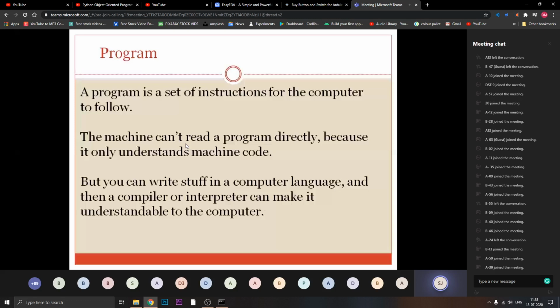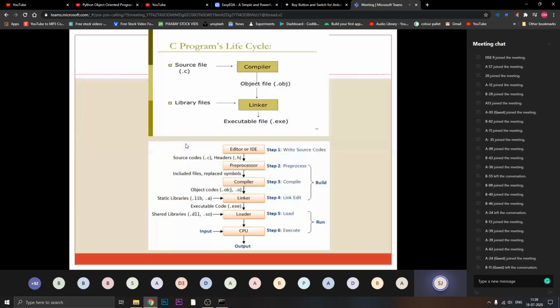So the task of your system is to change your language, that is English or whatever high level language you are using, into the language that will be understood by your system. So the two components, compiler and interpreter, play a very crucial role in converting this English to your machine code itself. So for that we discussed some of the steps of the C program life cycle.